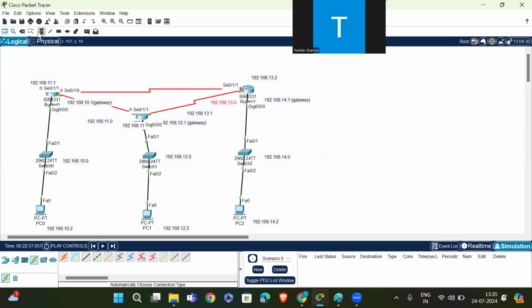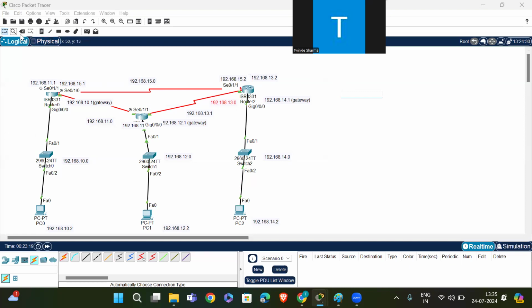I'm giving the IP addresses to this network: 192.168.15.1, 192.168.15.0, and 192.168.15.2.